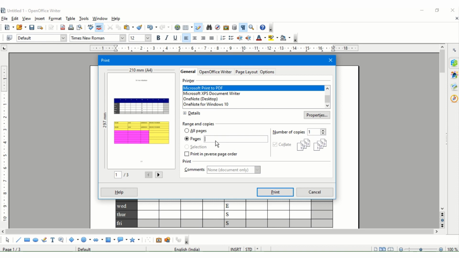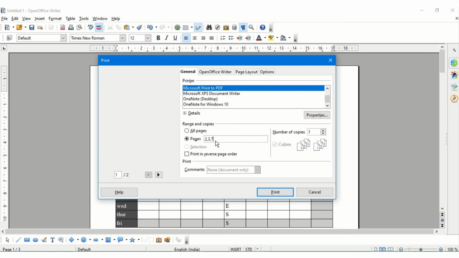I want to print only page number 2, comma, page number 3. Or if I've got a document of 7 pages or 10 pages, then I want the 7th page, comma, and the 9th page. In our document as of now we have only 3, so I'll not be able to show it. Otherwise you can separate the pages with the help of commas. So this is the method.